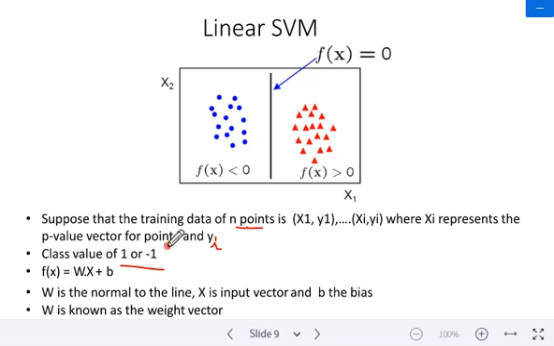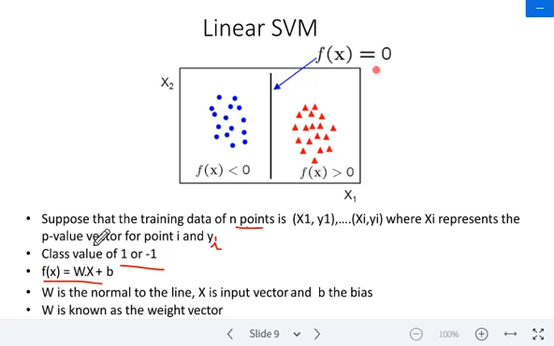Assuming that data is indeed linearly separable, the classifier hyperplane is defined as a set of points, a subset of training data, that satisfies the equation f(x) = 0.